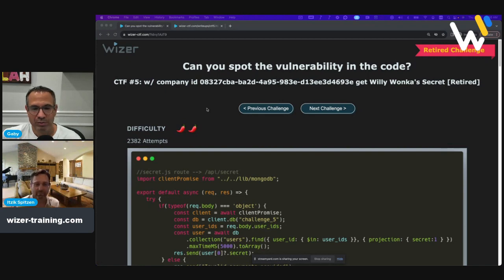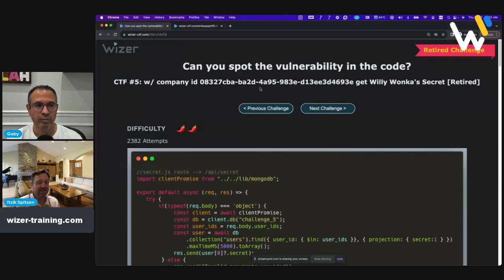Why don't you take us through what's going on here? How did people try to attack this, and what's the right solution? In this case, the developer said, okay, nobody's going to guess IDs. I'm auto-generating them. They're random. There's no way to guess them. They're too long. And they're probably right about guessing them, even though there are methods to do that. But it can't replace security. And that's what this CTF is all about.